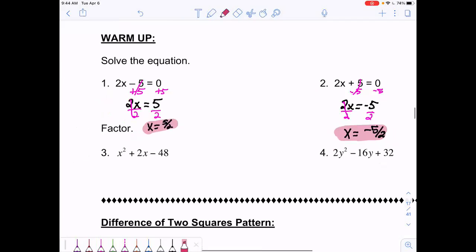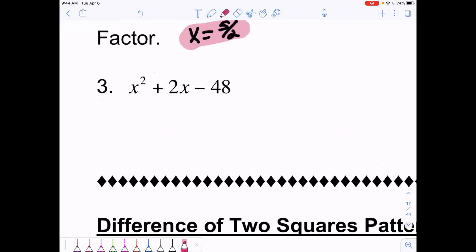Okay, when we're looking down here to factor, we want to first see, is there a GCF? Bill, in x squared plus 2x minus 48, is there a GCF we could take out? No. Okay, so we want to use our AC method. Remember, AC is going to give us negative 48. Bill, what are the factors of 48? 3 and 16. 4 and